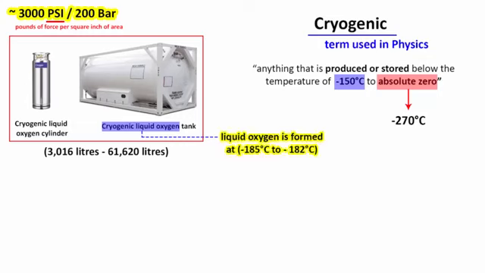Since liquid oxygen is formed at minus 185 to minus 182, that is why these large oxygen tanks are named